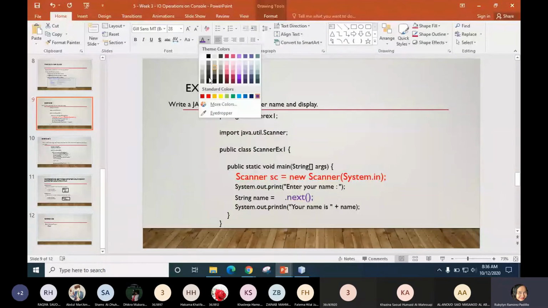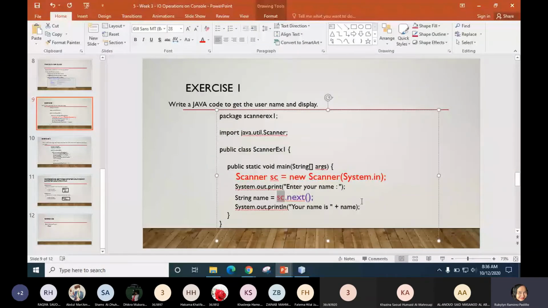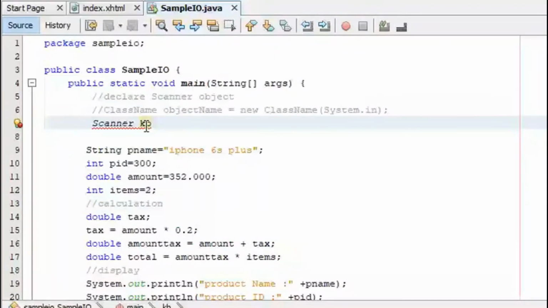What I am explaining now is this particular line. This is the class name. What is the name of the class? It's the scanner class. And then, what's the object name? It's SC. I have changed there, equal to new Scanner, and then System.in. Going back there, the object name I used was KB. I can use many others, like RP. I can use my name also, I can use Ruby, no problem. That's the only thing you can change.